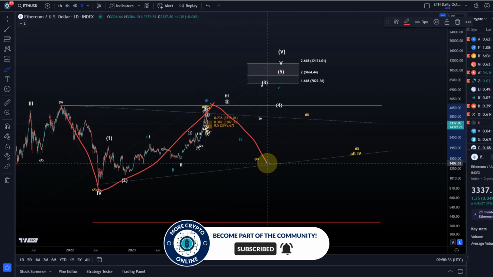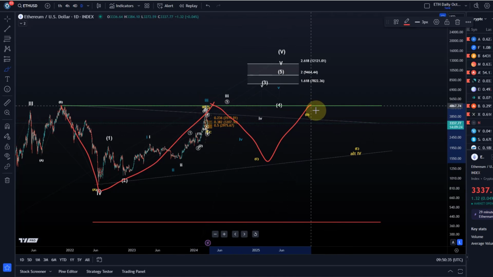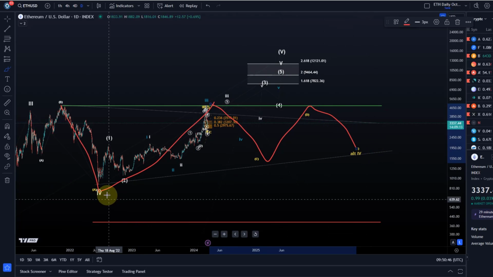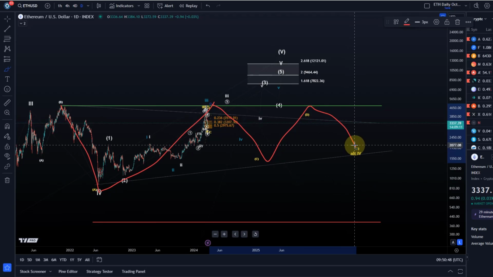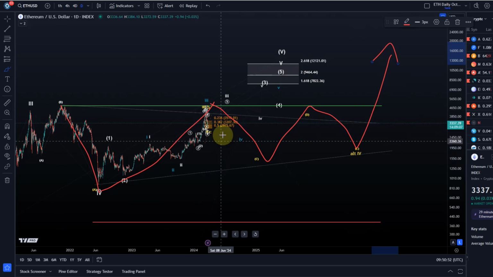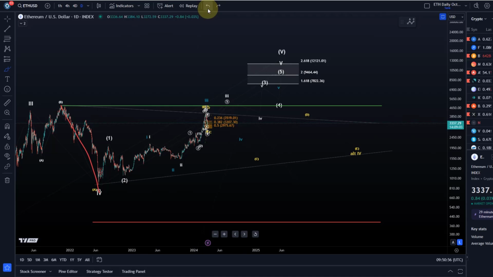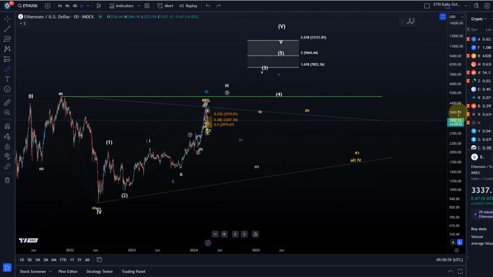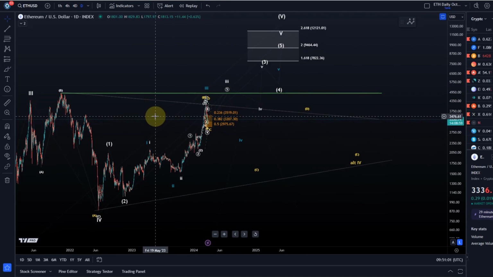Then we could get a C wave down, a D wave up, and an E wave down. It could take us into a very, very long sideways consolidation phase, great for range traders, but potentially frustrating. Then the wave 4 would just finish a little later, having never finished in June 22, and we could then rally in a 5th wave to all-time highs. This is what I would be watching for if the price cannot hold our initial support area here.